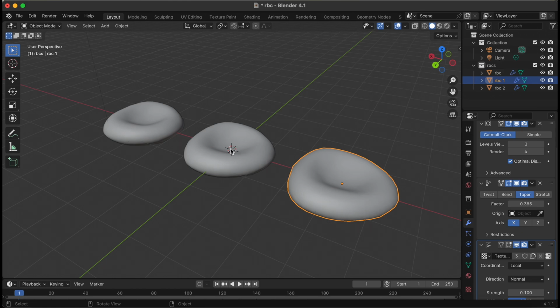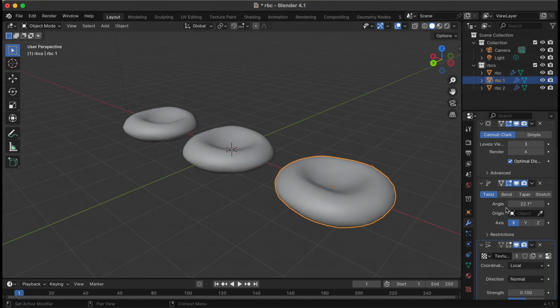So we can select perhaps the second red blood cell and maybe add a different type of deform. We can add a twist to that. We can twist that along the x-axis and give it maybe an angle of about 47.